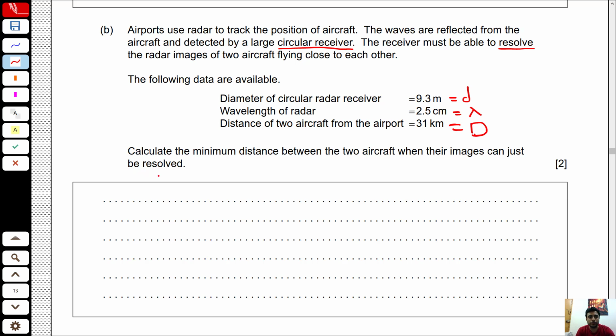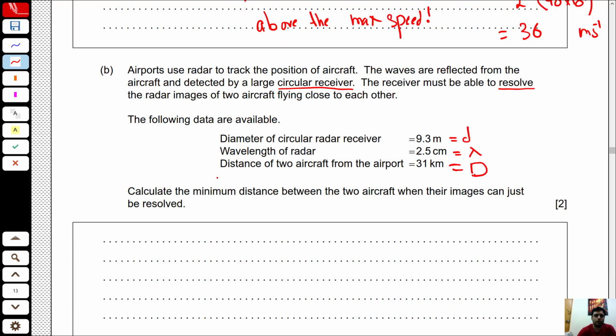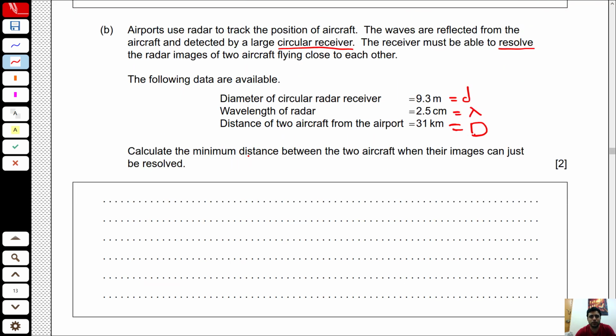Okay, in order to solve this problem, we have to divide this problem into two parts. The first part will be on diffraction, and the second part will be on resolution. Okay, so it's like this. So imagine there's a circular aperture here. This is a circular aperture, and it has a diameter of this small d. Let me divide this problem into two parts. This is one part,